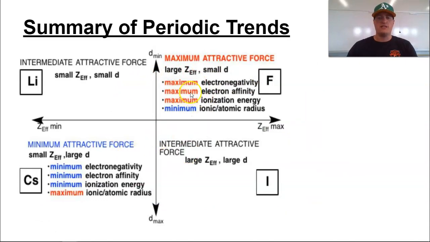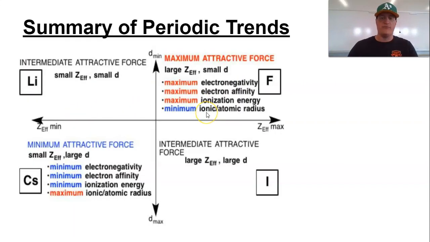So here's a little quadrant that gives the ideas of things that are maximum attraction, minimum attraction, and then intermediate. So the distance minimum, that's the atomic radius, so to speak, and then the effective charge. Something like fluorine has the maximum electronegativity, electron affinity, and ionization energy because it has a large effective charge with its number of protons and small distance between those electrons and the nucleus. So that enables all of these to be the highest. Minimum ionic and atomic radius because it's the smallest, and therefore if you give off its outer electrons, it's going to have the smallest